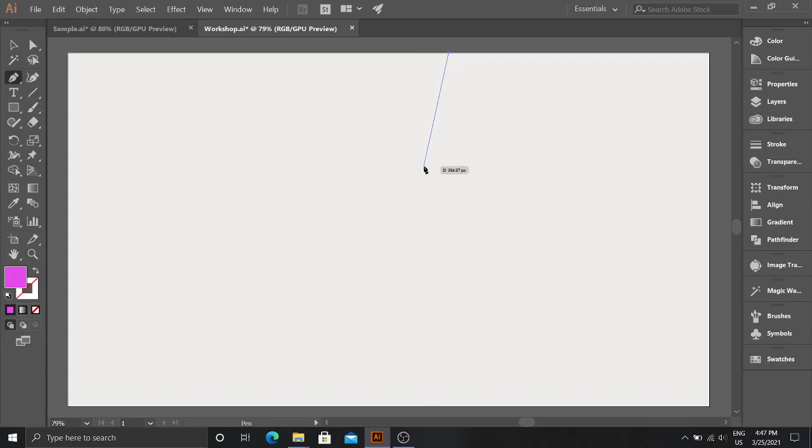Click here and the next point I want is here, so drag out a slope like this. Like this. Now here, this way, maybe this would do.